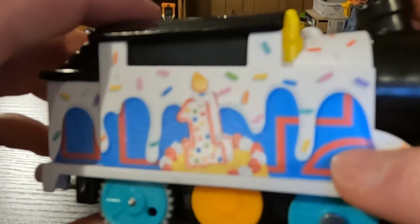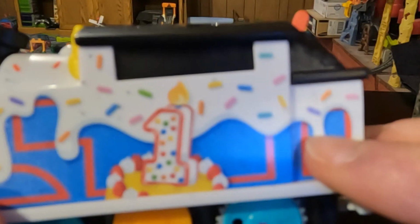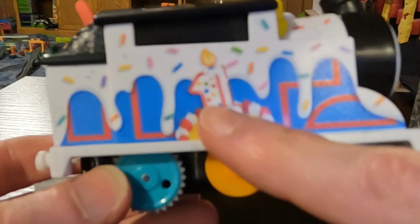And then second of all, the frosting detail is a little different on both sides, because on this side, the lining on Thomas doesn't show on the top, but on this side, you can actually see a little bit of his top red stripe there, and how it's a little different, and how it only has 2 big drips, and this one has like 3-4 big drips